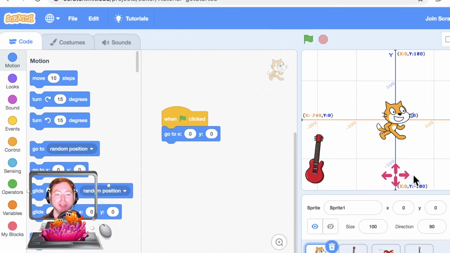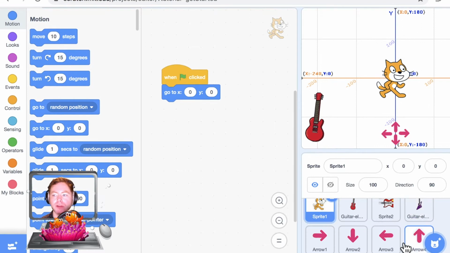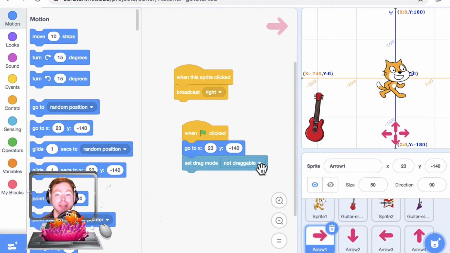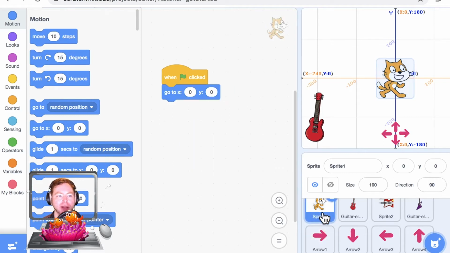So let's use these sprites here as a cursor to move Scratch up and down. Let me just go and focus on one of these. Let's go for our right arrow first, which is arrow 1. I've already put this code on there for you, and it just says this: when this sprite is clicked, broadcast right. So what we're going to do now is we're going to go back to our Scratch Cat,